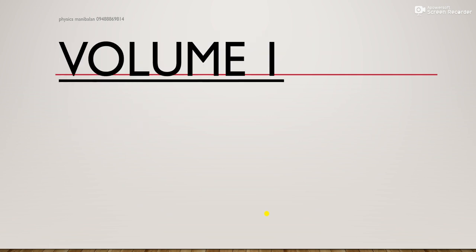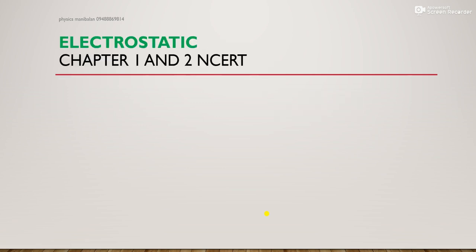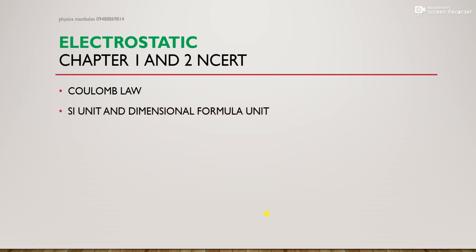Okay, next, volume 1, class 12 physics. First, chapters 1 and 2, which we can call electrostatics. From that, Coulomb's law of force. Electrostatic force based questions were asked 2-3 times. Directly, F is equal to 1 divided by 4 pi epsilon naught times Q1 Q2 divided by r square. Questions based on the same formula were asked many times. The SI unit of epsilon naught you compulsorily need to know,